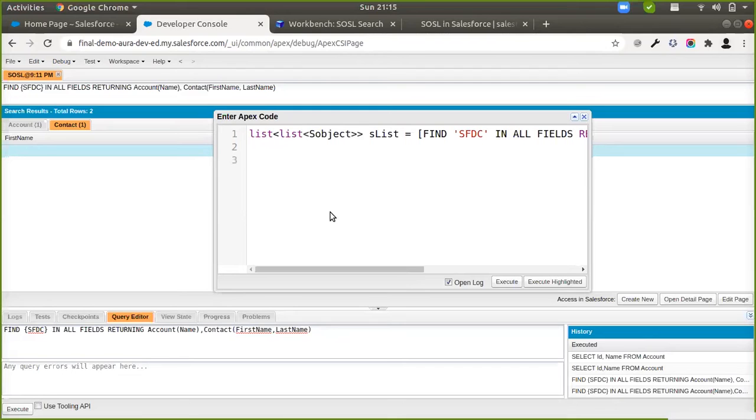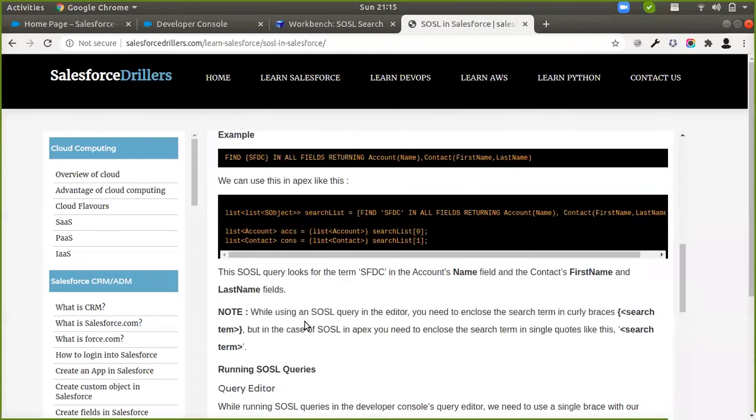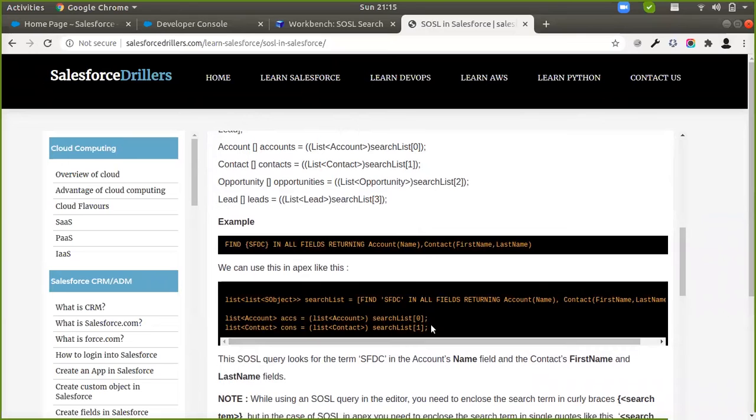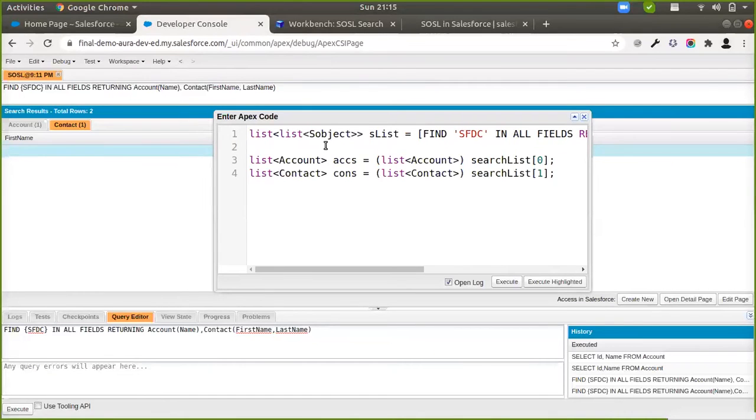Or even before, if you go to an example on our website, you're able to see once we return this query, how we are able to access the data across both account and contact objects. So since this is a list of lists of sObjects, the first list is the list of account records and the second list is the list of contact records. So you can do something like this. And then I'm going to debug both of these out, like accounts and your contacts. I'm going to execute this.